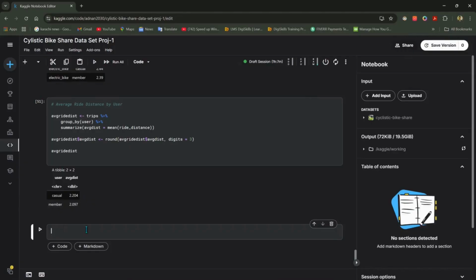So the code is hours, hour, lesser than minus, then same function trips percent greater than percent close, and each time we need to do the group by function user hour and percent